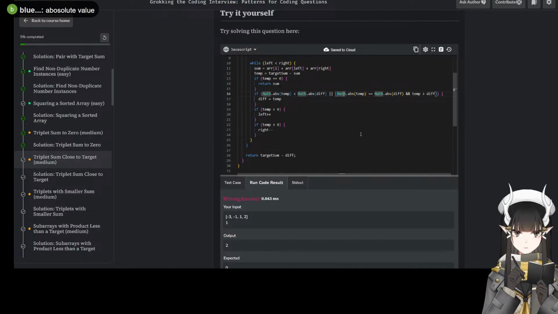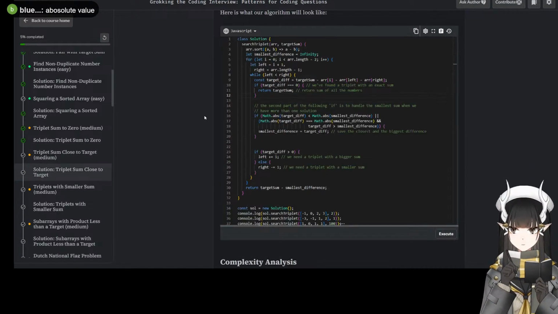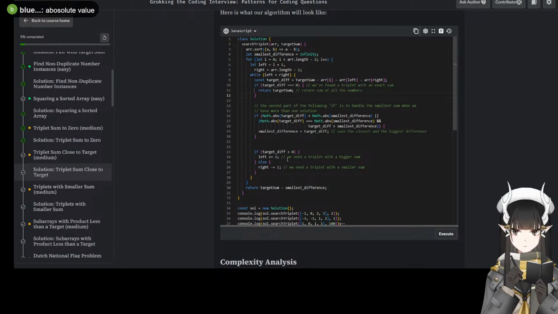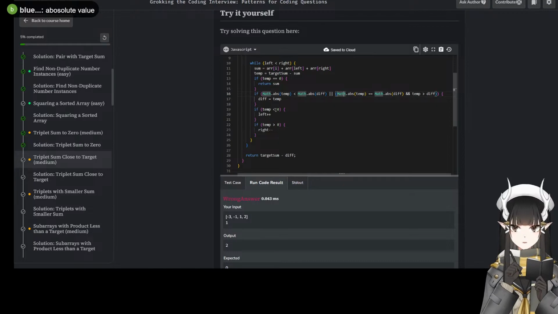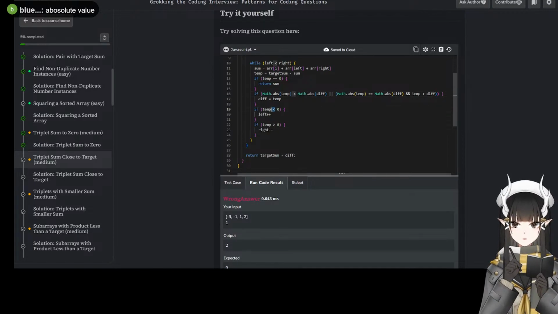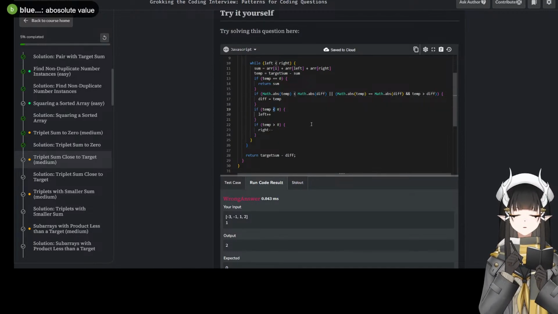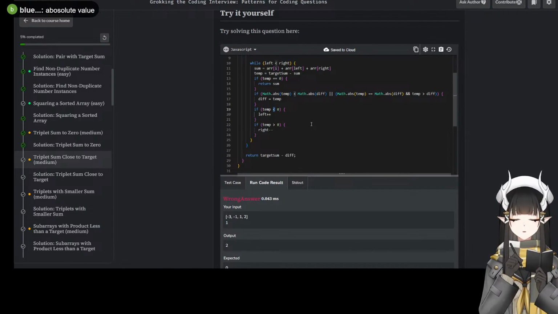They are the same. They should be the same. If target sum is greater than... Ah! You know what? If the target sum is greater than 0...